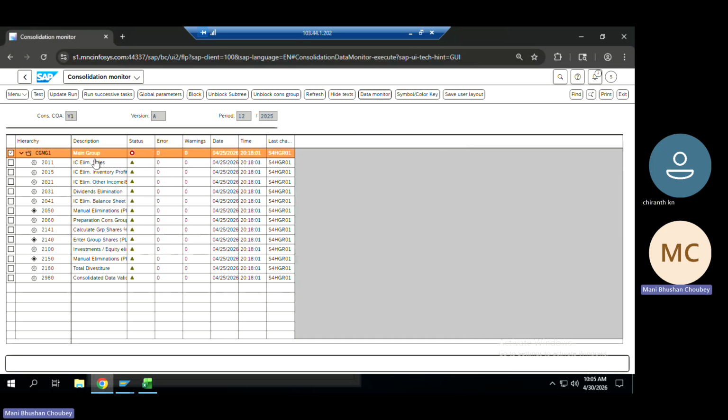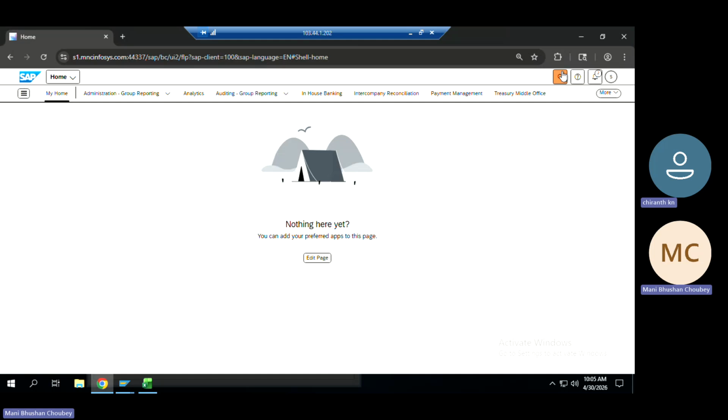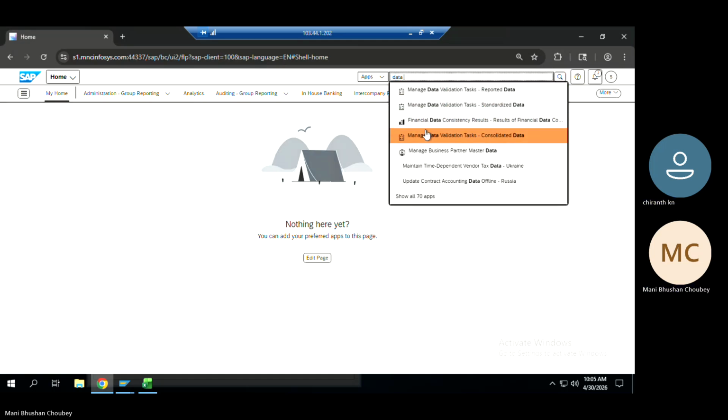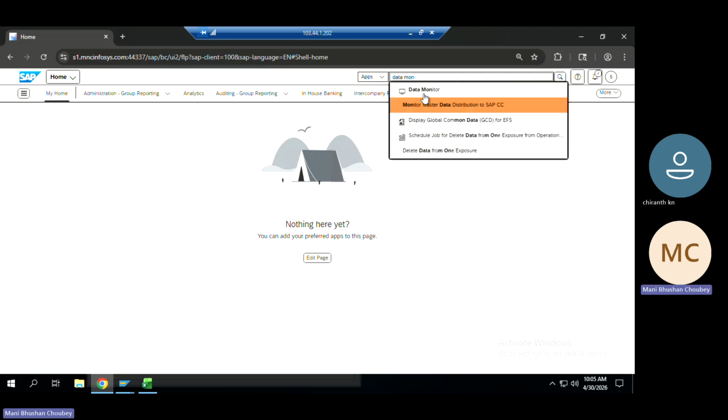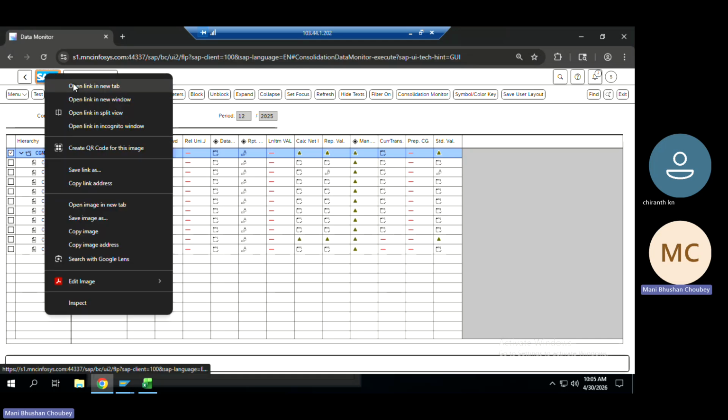So these are the steps: sales eliminations, profit eliminations, other income, dividend eliminations, balance sheet eliminations, manual eliminations, if anything is applicable. So these are my tasks. So consolidation monitor steps, we call them tasks, right? Everything is a task here, in the data monitor too. Every step is a task. So once you run the task now and you go and check the task log,